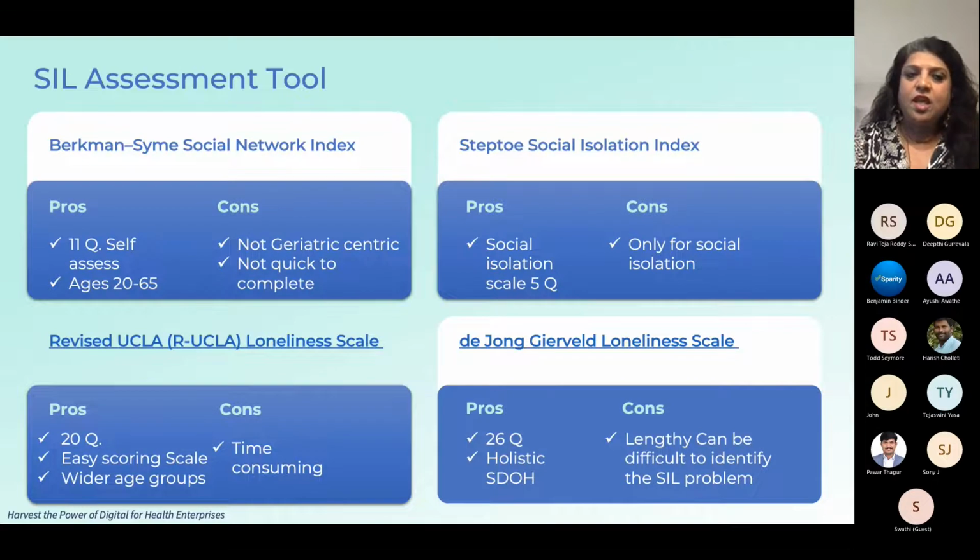The second most important thing is, how do I go about assessing it? Okay, now I know you have a problem. How do I assess it? What are the tools in front of me as a practitioner? There are various standardized tests out there in the industry. You can pick and choose any one of them. There are some pros and cons listed here, but largely for addressing social isolation and loneliness, the industry typically uses the UCLA Loneliness Scale. Now, these are 20 questions.